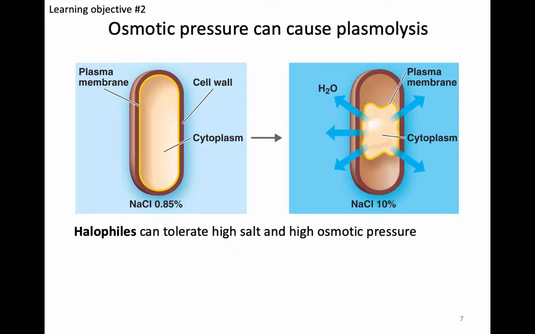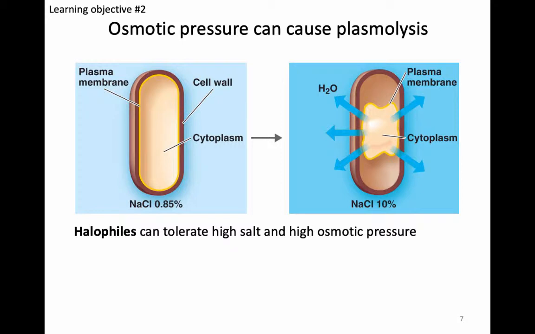Another thing to consider when culturing or growing microbes in a laboratory is what osmotic pressure they require. So if we have a microbe in a low salt environment, like on the left, the sodium chloride percentage is 0.85, so very little salt outside of the cell. The microbe will look as we expect, but if we increase the salt content of the extracellular environment,